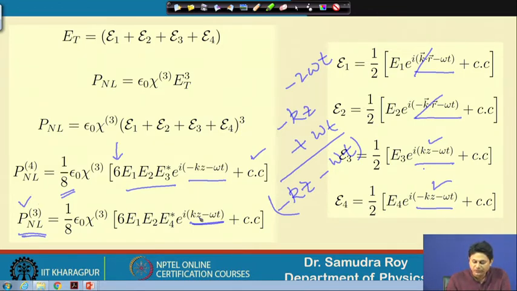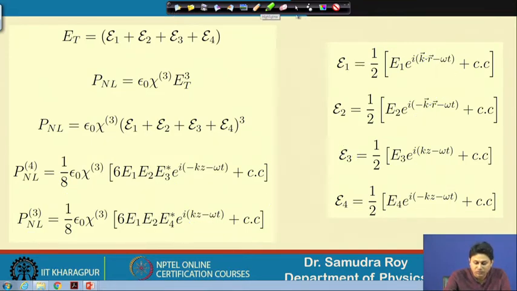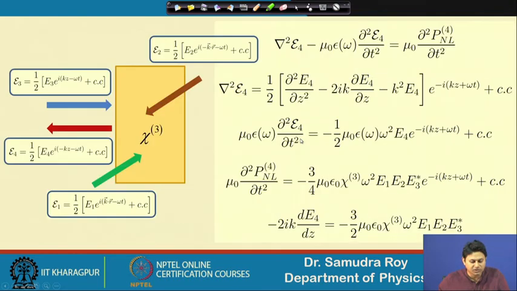So, once we find the corresponding phase term, and when I combine E1, E2, E3 to get E4, or E1, E2, E4 to get E3, then we are ready, because the P nonlinear term is in our hand. Mind it, our aim here is to find the evolution of E3 and E4, and to do that we need the nonlinear Maxwell's equation, in which P nonlinear is a source term. So, the very first thing is to find the source term. We are doing that throughout this course, so I believe you are now familiar with this procedure.